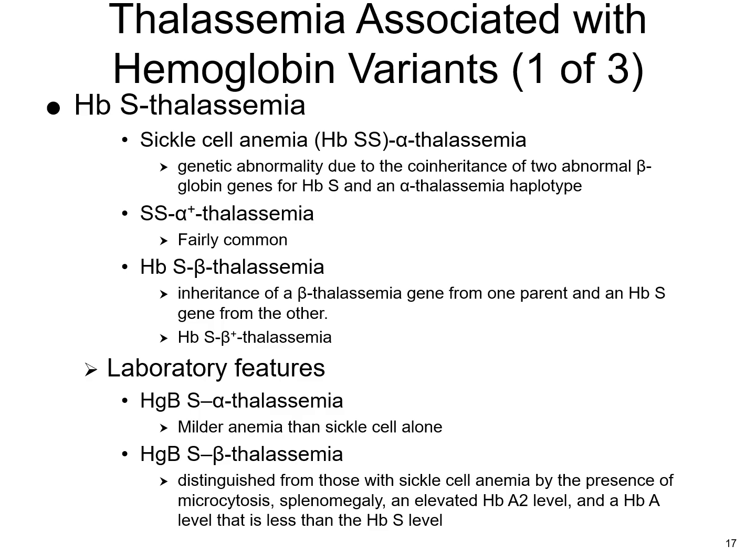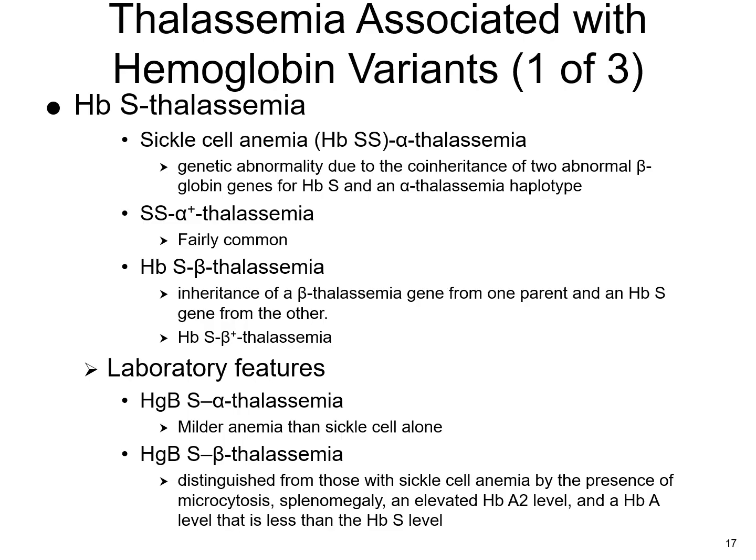Hemoglobin S thalassemia. This is a genetic condition that results from the co-inheritance of sickle cell mutations, so hemoglobin S, and thalassemia mutations affecting the beta globin or alpha globin genes. This combination leads to variable clinical presentations depending on the specific mutations that are involved.